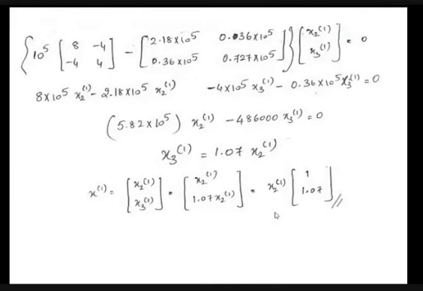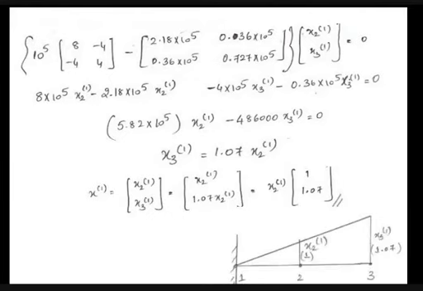So to plot the mode shape, if you see, for first mode shape, I have 1, 2, and 3 as the nodes. x2 of 1 is 1, x3 of 1 is 1.07. So just join it by a linear line. So this is how to find out the first mode shape.